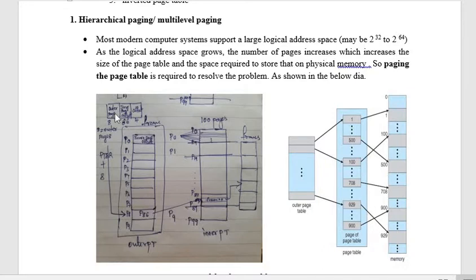So when the logical address is generated this way, you are going to load only the outer page table, which will be on the main memory anyway. You just go to that particular index in the outer page table. Suppose it generates 8, 86 and 4. So 8 is the outer page number. Pages 80 to 89 have been merged into one page, right? That is P8, which is my outer page.